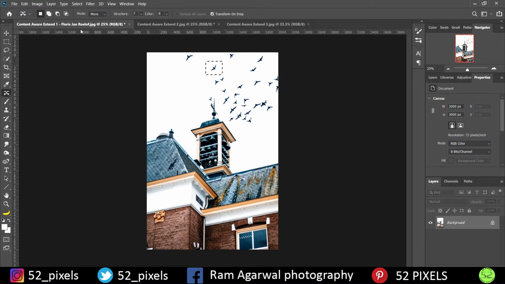But for what content aware extend does, first you have to go to this mode. Currently we have used move mode. Now you can select the drop down and go to extend. So here you can access content aware extend. Now if you drag this image out over here and press enter, it just copies and pastes the image. It doesn't cut and paste, instead it just copies and pastes. I don't know why the name is content aware extend, as it's nothing related to extension of an image, though I can tell you how to relate that and maybe use it for extension of an image.